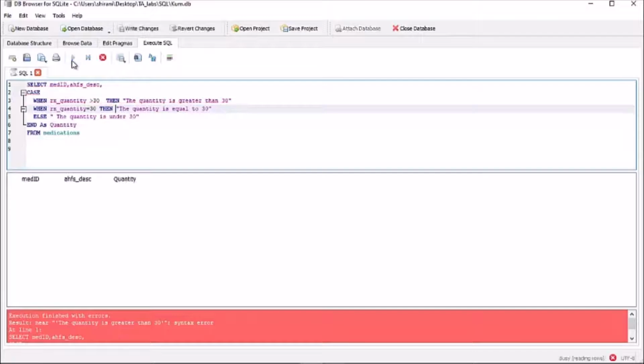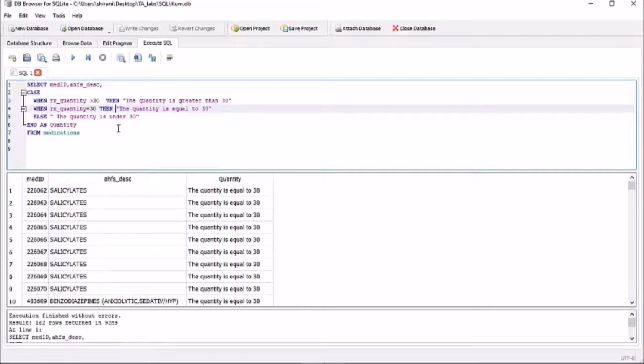Okay, I did. As you can see, I just displayed the prescription or medicine that the quantity is equal to 30, under or greater than 20. It just classifies the quantity based on the 30. And in this case you can use case and when